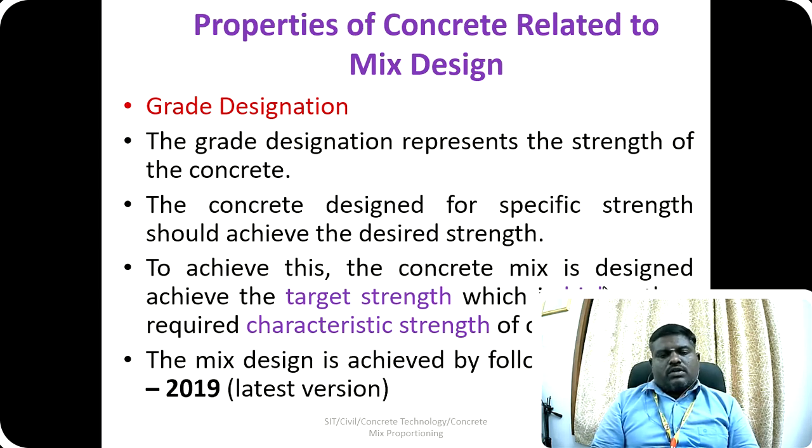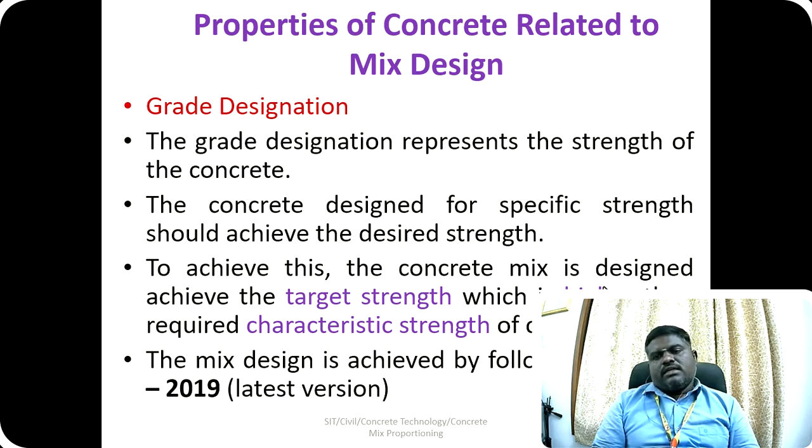the first one, they are denoting a target strength. So the concrete should be designed for target strength. What is target strength? The target strength is higher than the required characteristic strength of the concrete. So based on the grade designation, the target strength value will be varying. And this target strength value is higher than the required characteristic strength because